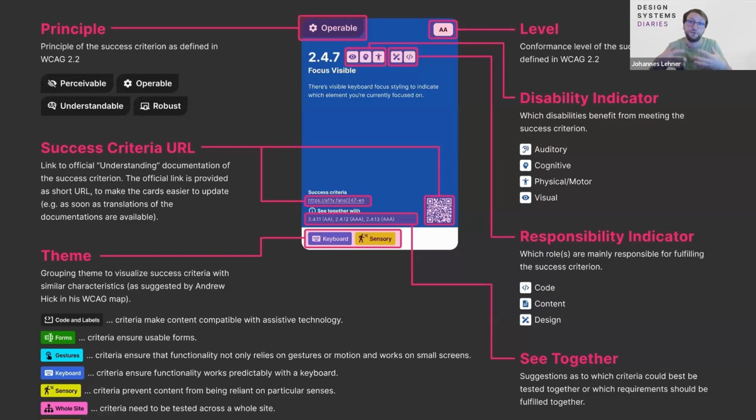And I also wanted to connect different parts of the Web Content Accessibility Guidelines that don't look too obviously connected to each other. So I put up this See Together With section, where you find everything that is related to one or the other guideline. In addition to that, parts are also based on some other projects, like the themes at the bottom, which are based on Andrew Hicks' map by theme. He connected different WCAG criteria together in a kind of subway underground map. And I used them to also visualize this connection between all of those.